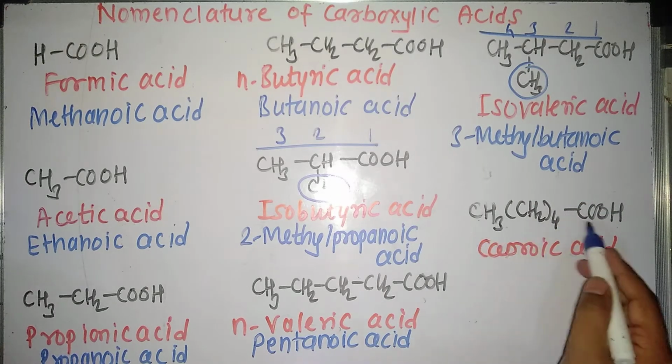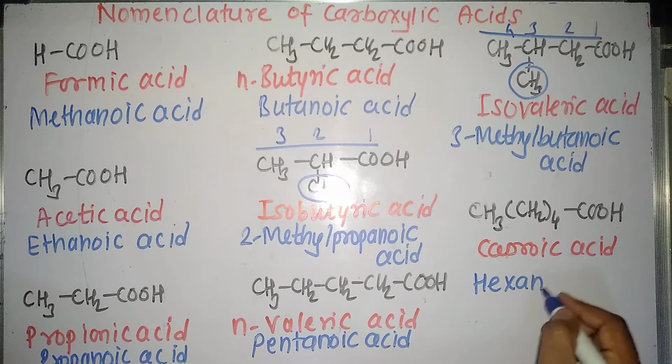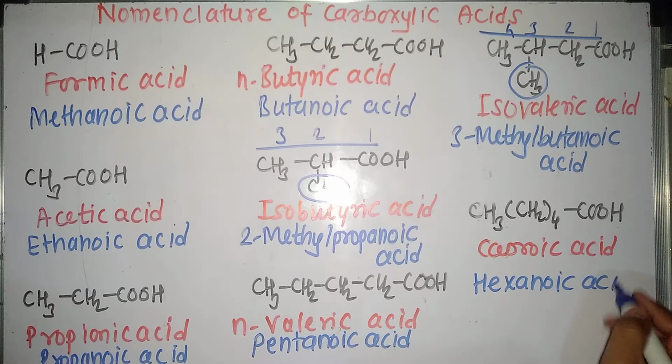In total, how many carbon atoms do we have in the longest chain? 6. A 6-carbon alkane is hexane. Replace E by oic acid. So the name will become hexanoic acid. So this is all about the nomenclature of monocarboxylic acid. What are monocarboxylic acids? The carboxylic acids which contain only one carboxylic group in their structure are called monocarboxylic